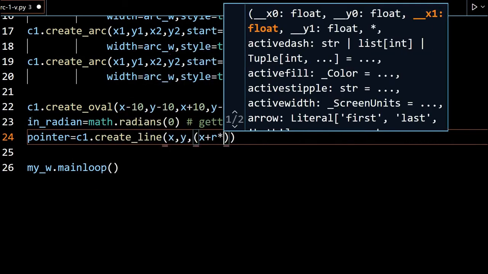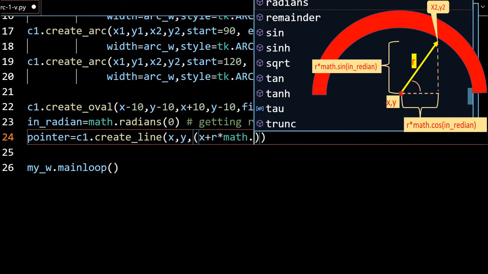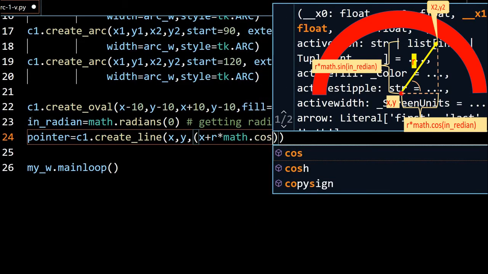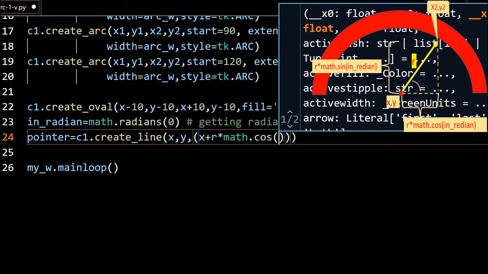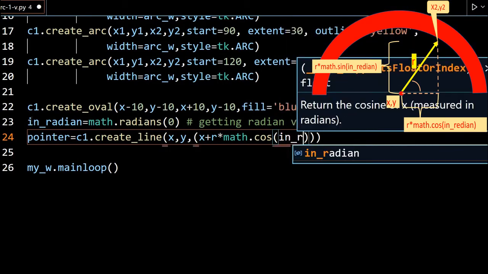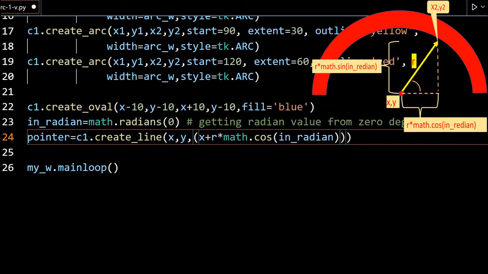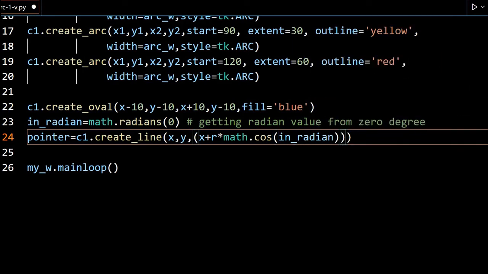R multiplied by math dot, sorry, I am going for cos, because it is the x coordinate, in radian. Okay, that is over, create line up to this point.